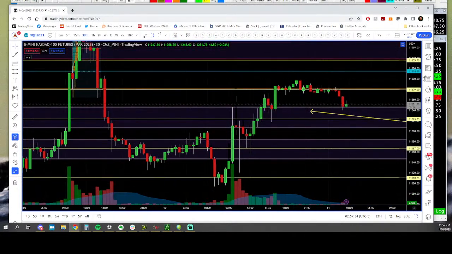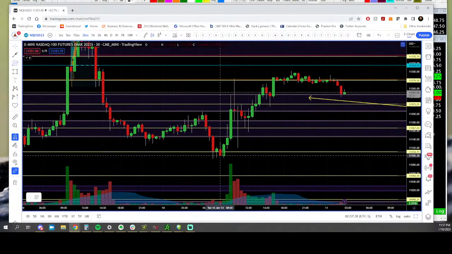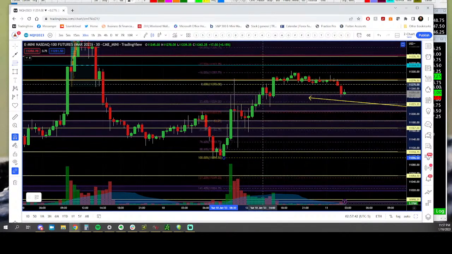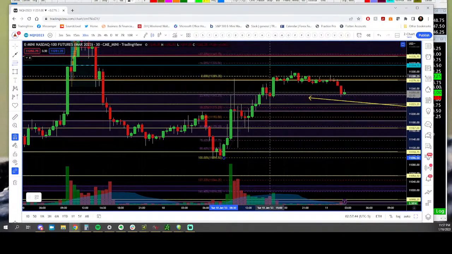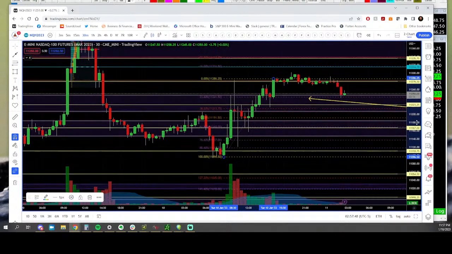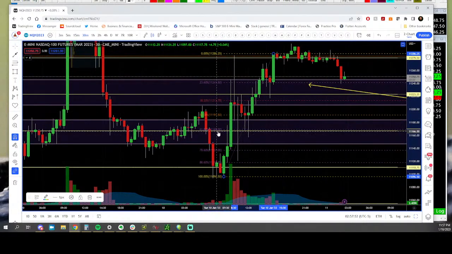So how far could this go? Well, the obvious way to do it, you can just draw a fib from the low to the high if you want, or maybe to the high of the session, the New York session. Which one you do is up to you. But let's do the New York session. So the New York session having a 50% retracement, which would be totally natural, not unnatural, would be